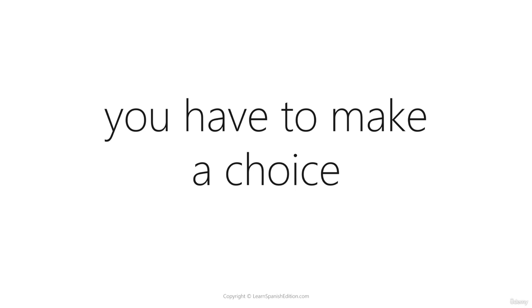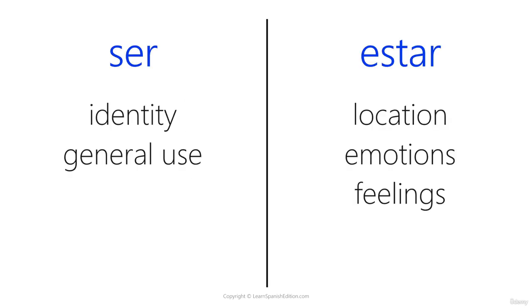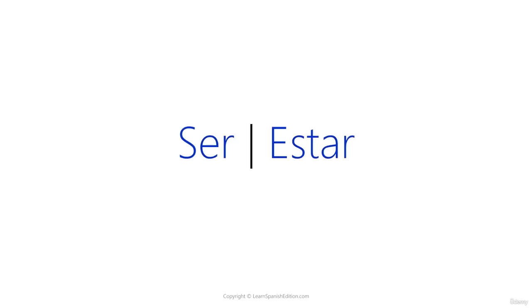So what that means is that whenever you come across the verb to be, or a conjugation of that, such as it is, in Spanish you have to make a choice. Do you go on the ser side or the estar side? Don't worry, we'll keep it simple and take it step by step. Let's start by using the full verb to be. So this will either be ser or estar. It depends on what you're talking about.